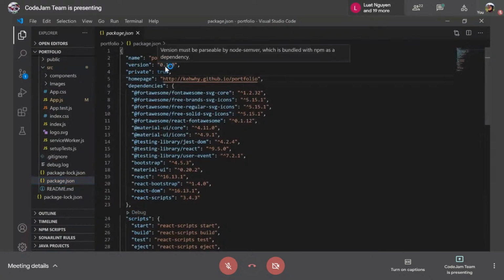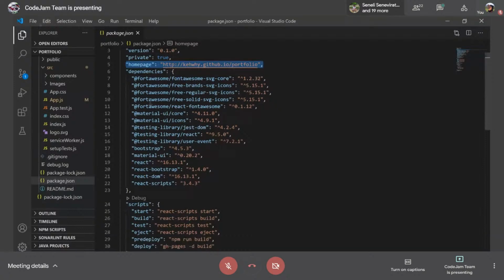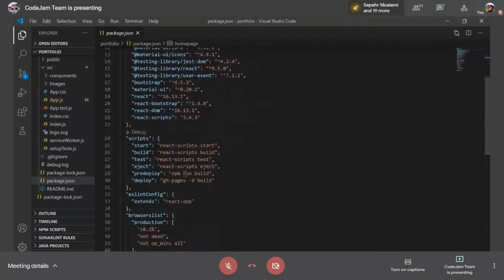And, oh, okay, I'm in the wrong one. But as you can see, what you have to do is add this line here. So this is my one that's already completed. It's already posted. So I have to add this line. And I'm going to have to add these lines here as well. So let me just